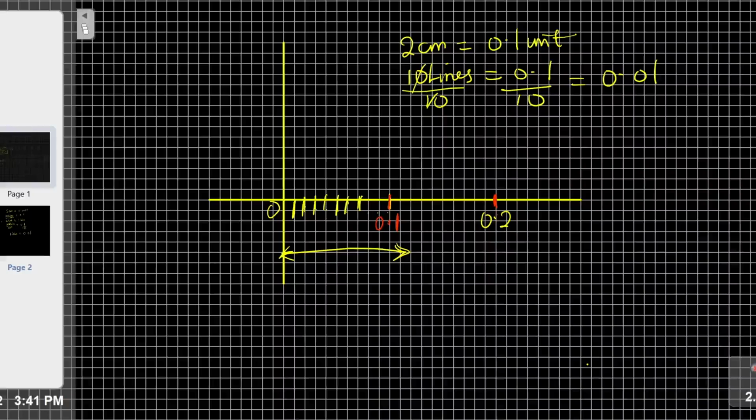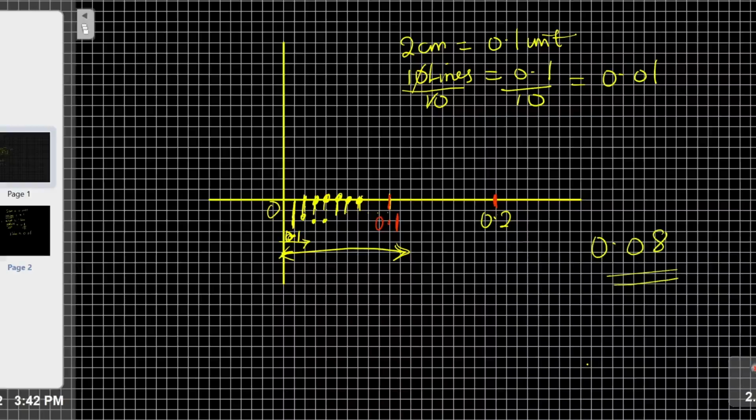Now, that simply means that this first line is giving you 0.01, this second line is giving you 0.02, 0.03, 0.04, 0.05, 0.06, 0.07, and so on and so forth. So if you have 2 cm to 0.1, now you happen to have